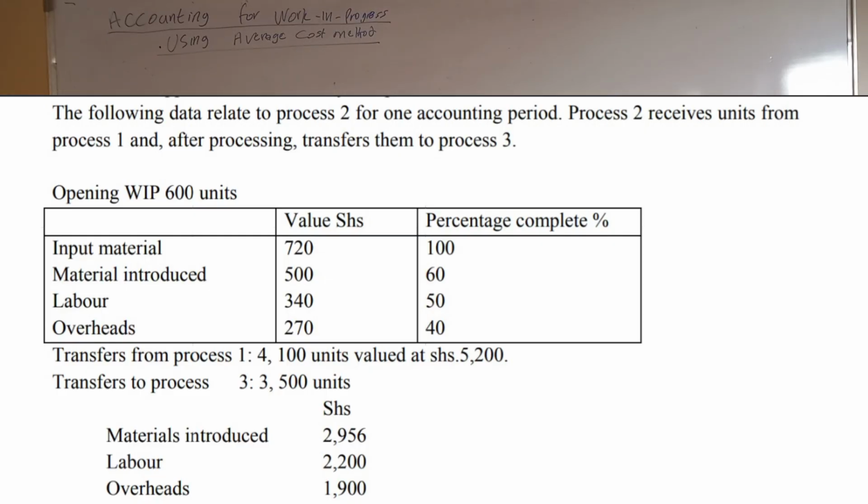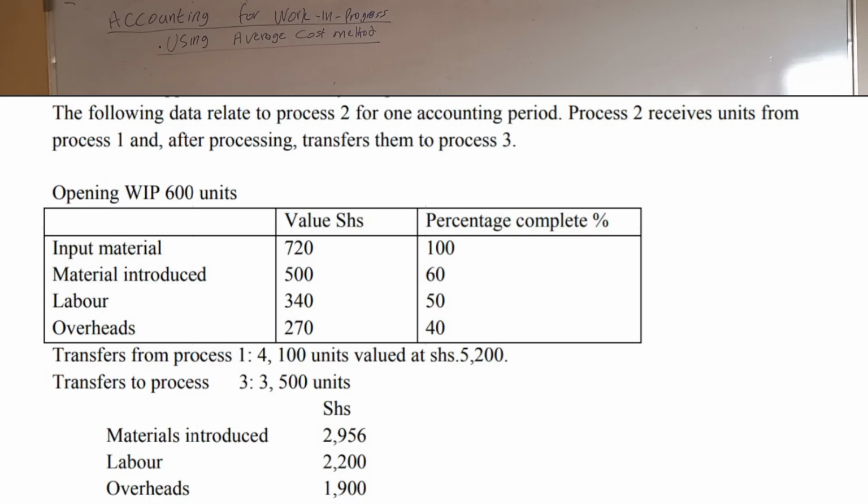Material introduced 500 shillings, 60% complete. Labor 340 shillings, 50% complete. Overheads 270 shillings,